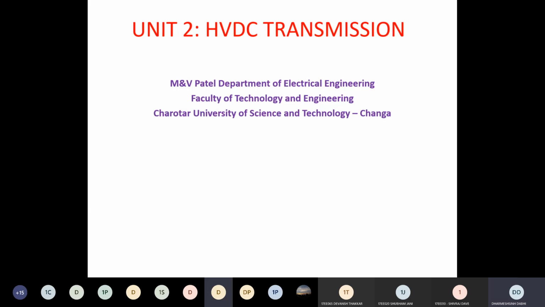Any other? Sir, in a DC system, skin effect is 0, so the conductor diameter is reduced, and its inductance is also 0. Okay, very good. In an HVAC system, we know that skin effect and Ferranti effect happen. Clear? Because of skin effect, most of the current is concentrated near the surface, so the effective resistance of the conductor increases. If effective resistance increases, that increases the power loss, the I square R losses. Clear? So that is one of the problems.